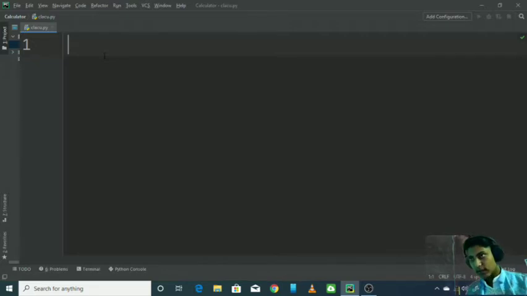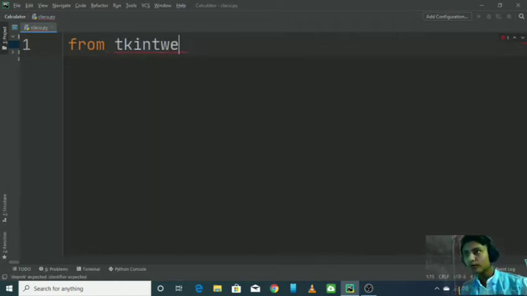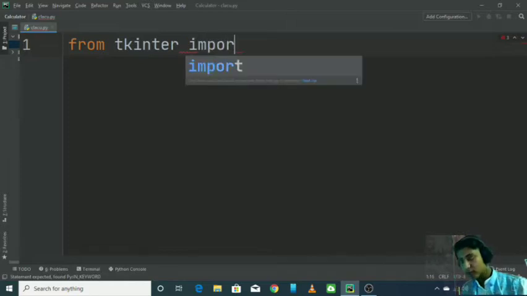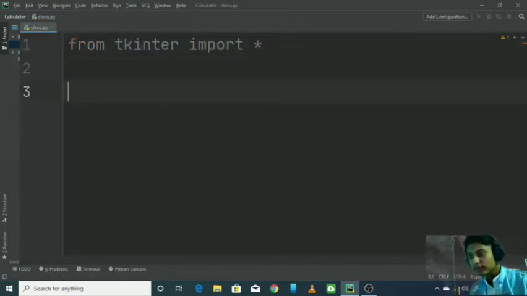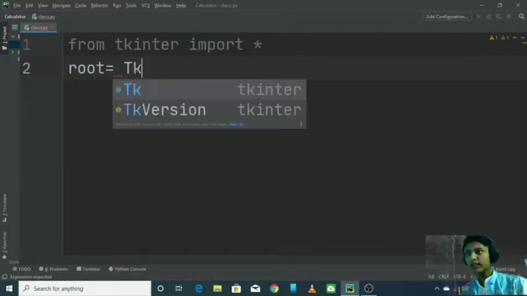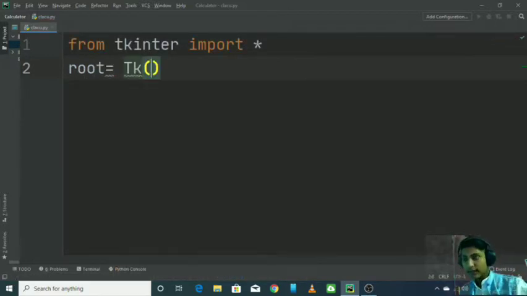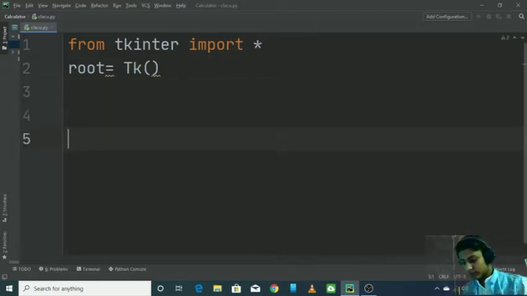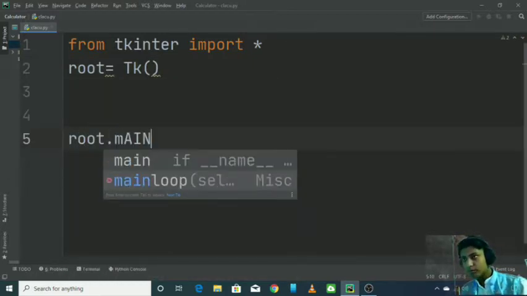Let's say we are going to make this from the Tkinter module. Let's start. So import everything from Tkinter, import star, then the window, obviously root equals to Tk, name it anything you want. I am making it root. Then root.mainloop,